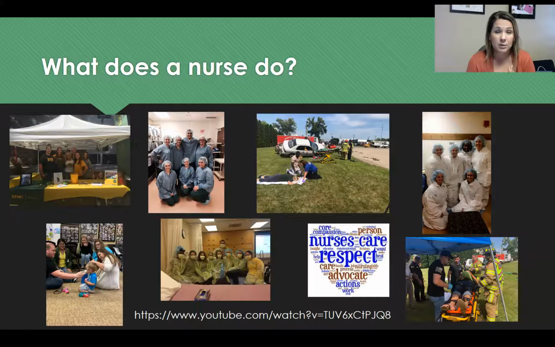So maybe that means we're going to give them a medication or offer a different therapy. Most of the time, it means just working with our physician to make a plan for how we're going to fix whatever's wrong. Once we do our intervention and make a plan, we're going to reassess our patient, make sure whatever it is we decided to do is actually working. We do this process over and over and over, hundreds of times throughout the day as we care for our